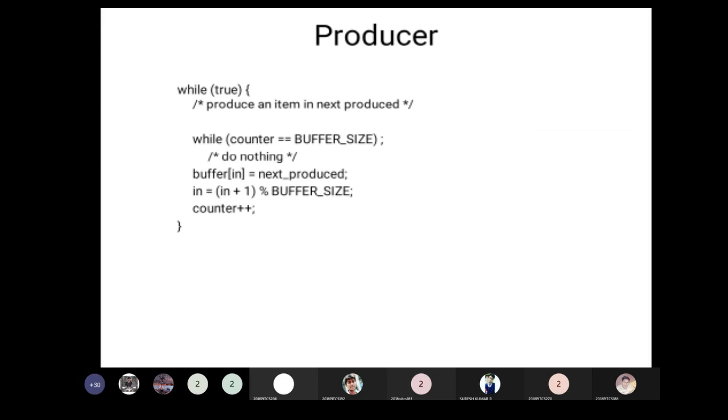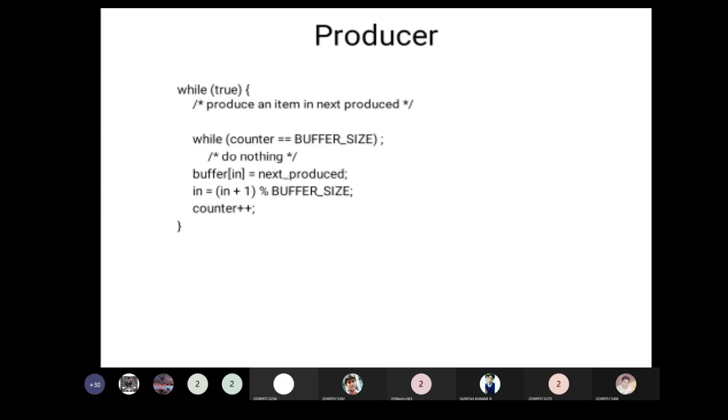Similarly, from the consumer side, if the producer is not producing an item but the consumer is trying to access an item, that leads to error. So there should be some method of synchronization between the producer process and the consumer process. We will see how it is achieved here.